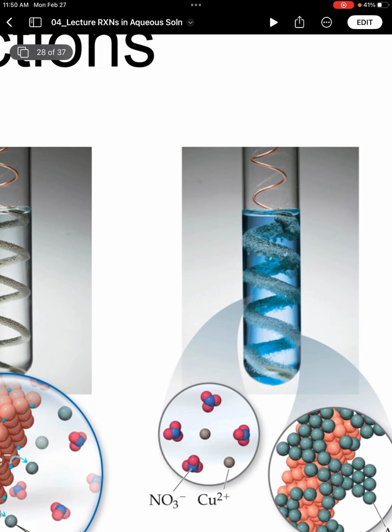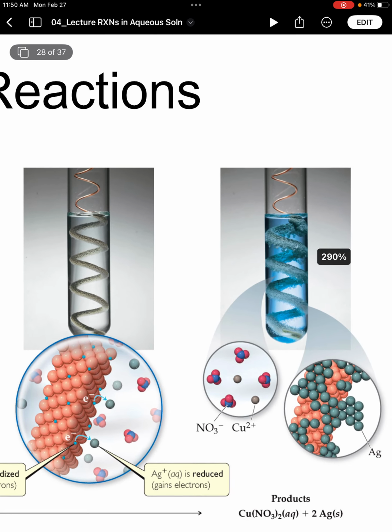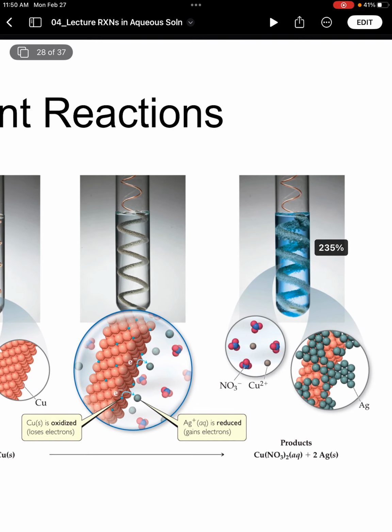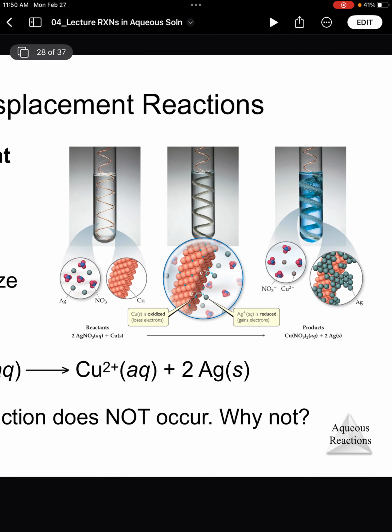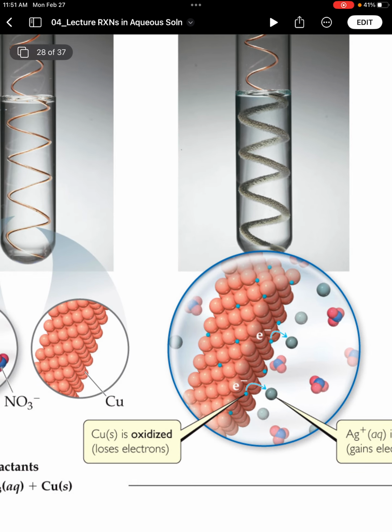You can kind of see it happening down at the bottom of the tube. And if you shake that copper wire off, you will see pure, elemental silver fall to the bottom of the tube. The other thing you'll notice is that the solution has turned blue, because as the copper